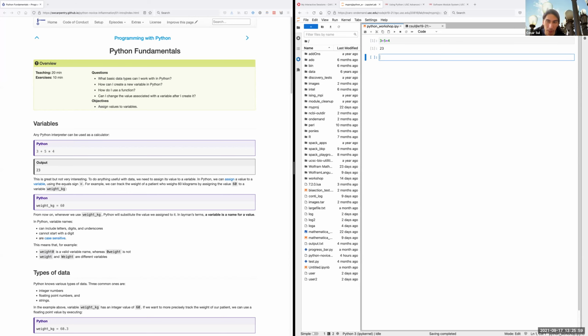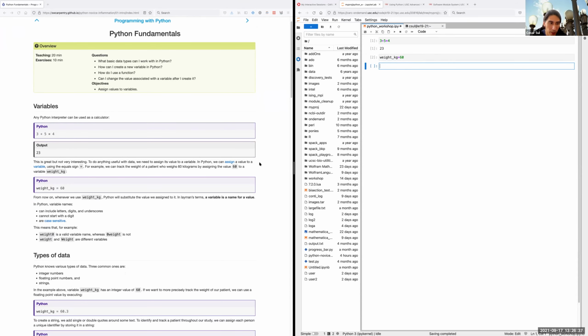Like I think all of them, but maybe there's one that I haven't heard of that doesn't do this. But yes, there's a concept of variables in Python, like in most programming languages. And so the way you assign a value to a variable, let's say we wanted to create this weight in kilograms variable, you just use the equal operation. So weight kilogram equals 60. So what we've done is we've created a variable, and now anytime we want to use the number 60, instead we can type in